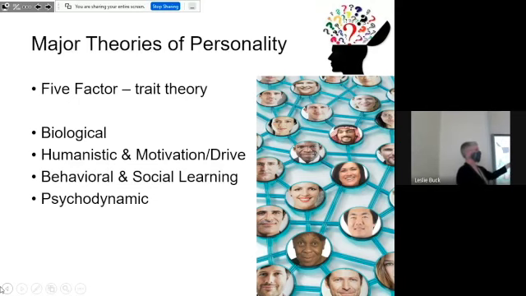So today we're going to introduce the first of these sets of theories of personality. The first one we're going to talk about today is a trait-based theory. The first thing you need to know about the 5-factor trait theory is it does not try to tell you how you got your personality. It doesn't try to tell you how to change your personality if you don't like it. All it tries to do is describe personality accurately,